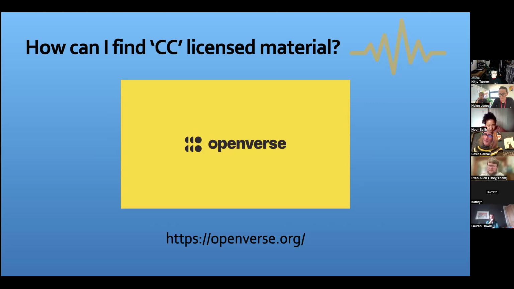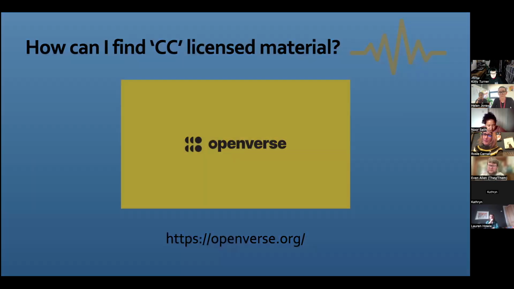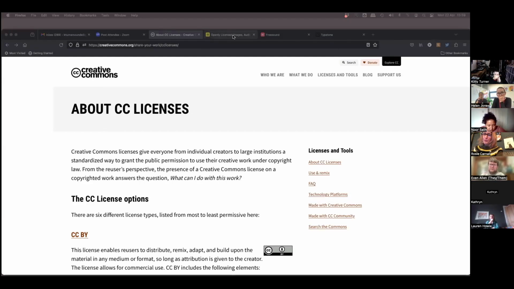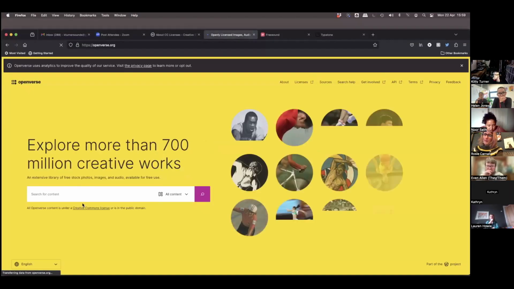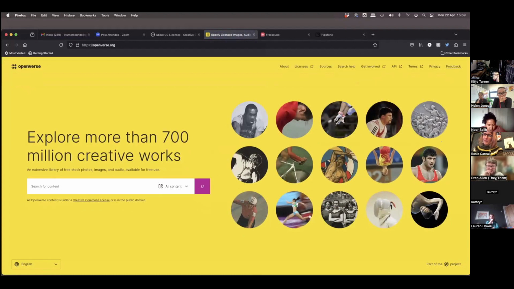I'm quickly going to do a little demo of Openverse for you. So let's just get rid of this. This is what Openverse looks like. You can either search for all content. So as I said at the moment, that's just images and audio, or you can filter down. I'm going to filter down.